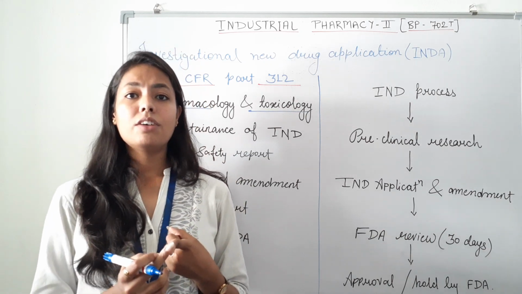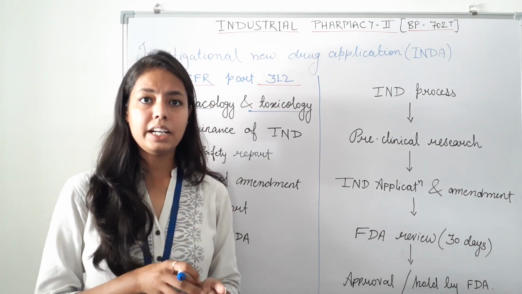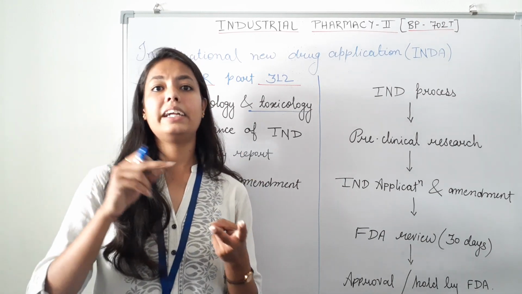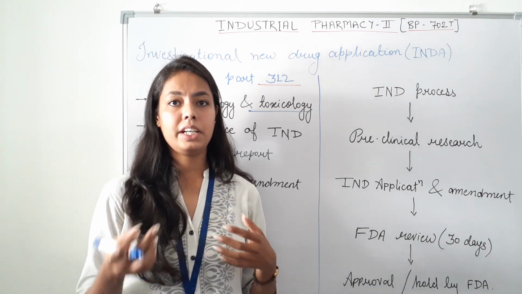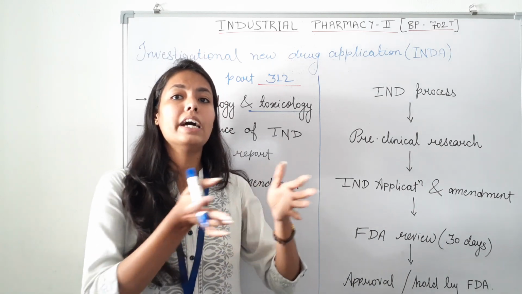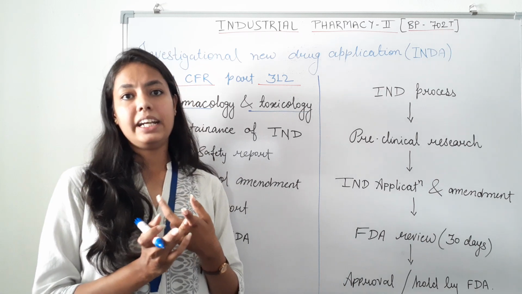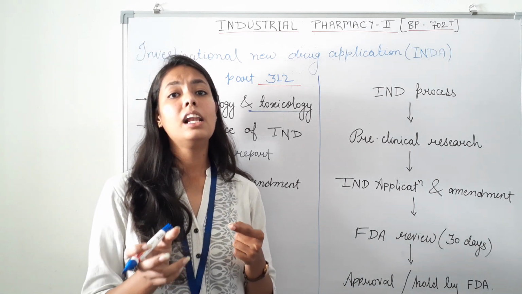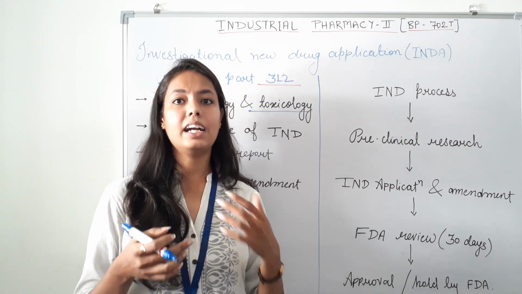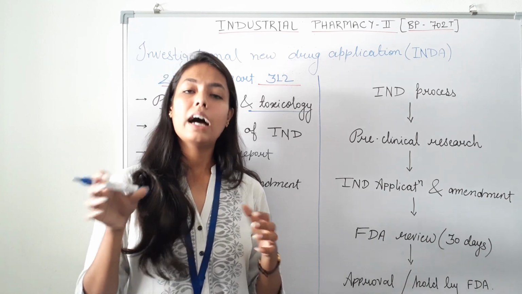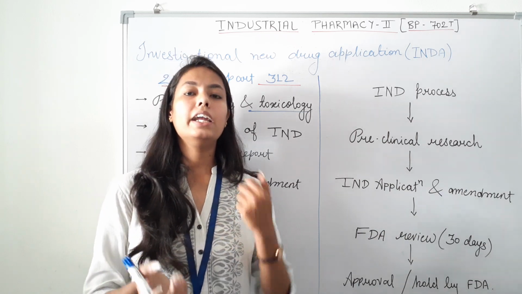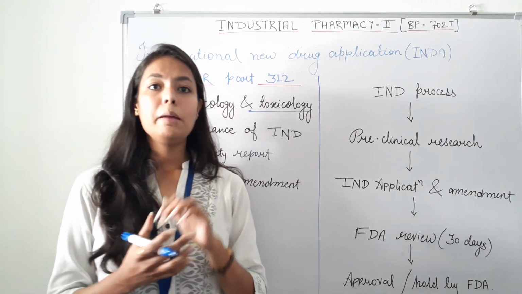After that, details of deviations from the design in the conduct of the study, a systematic presentation of the findings of the preclinical data, organ or system wise presentation of any data, and the name and qualification of the evaluator along with their reports. Then animal safety data, meaning the drug must be safe in the preclinical phase, the name of the place where all the studies were conducted and the study reports are stored, and a declaration regarding the performance of the study in accordance with good laboratory practices.